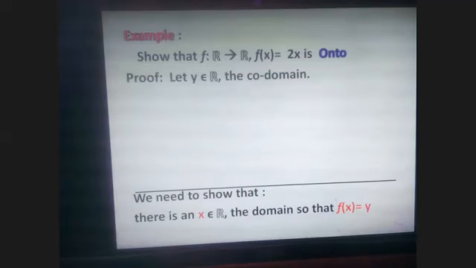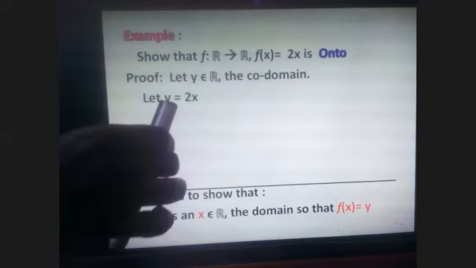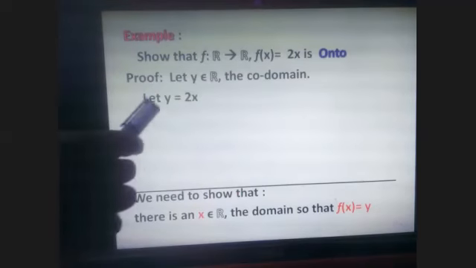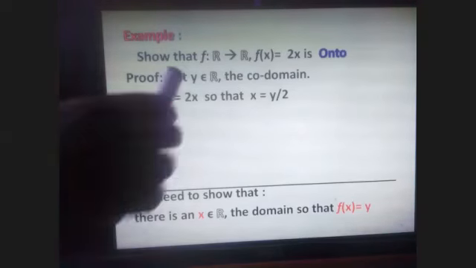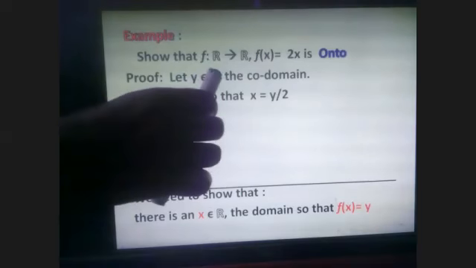Is it possible? Let us take, well, I propose let y equal to 2x. I've taken let y equal to f(x). I do not know whether it is possible or not. Then what is x? x is y by 2. What is actually y? y is a member of R. So y by 2 is very much a real number. So one thing is true: when you produce a y in R,